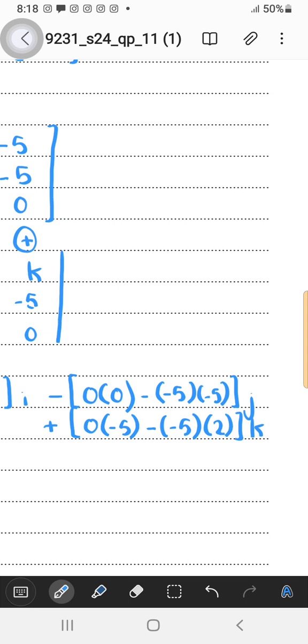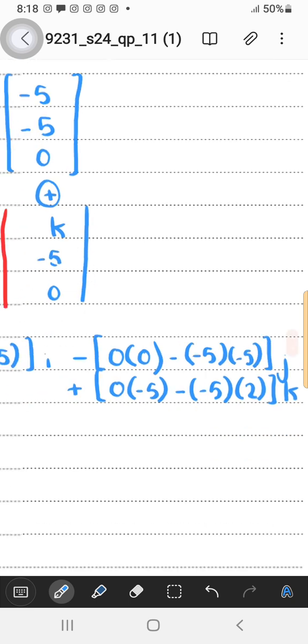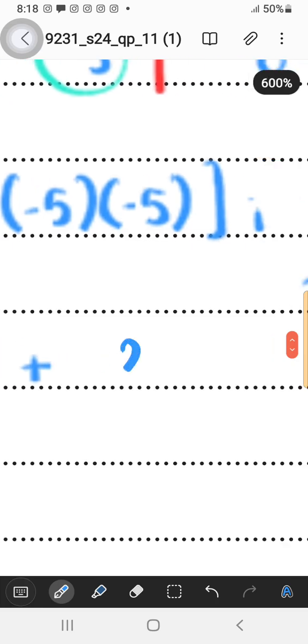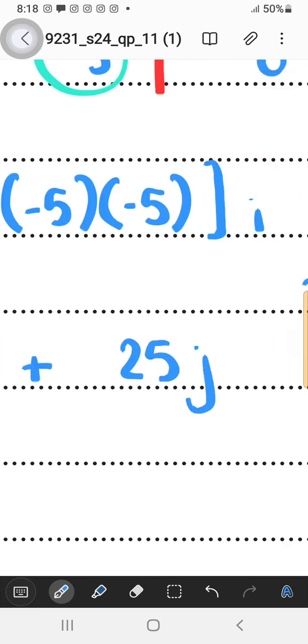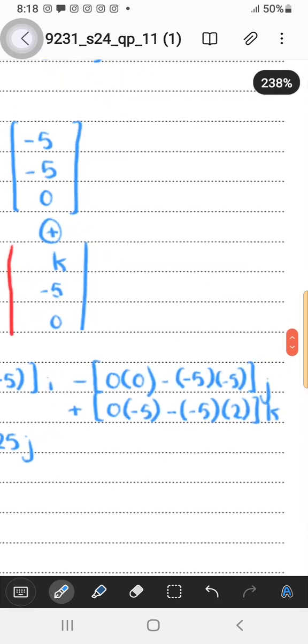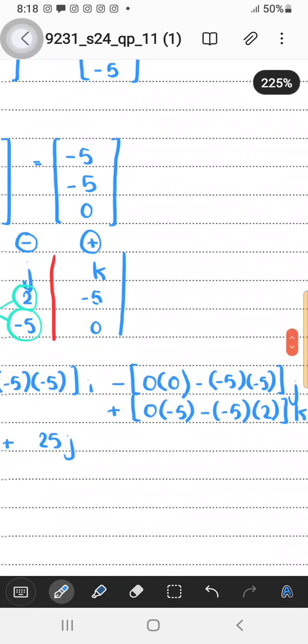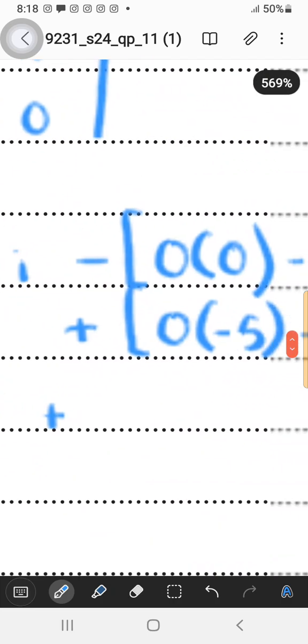If you find out j using the calculator, you will get positive 25j. And then if we find out the k, we will get plus 10k. Okay,